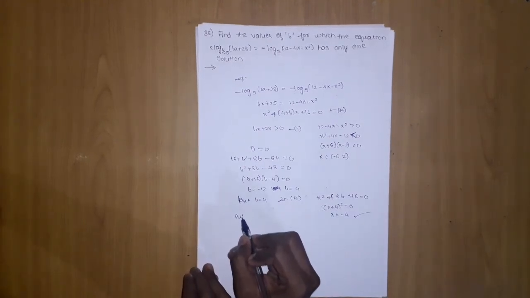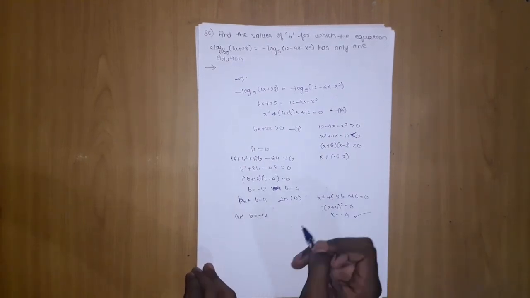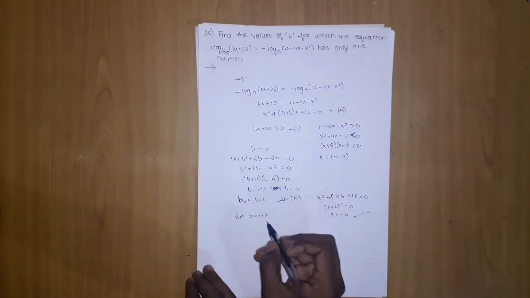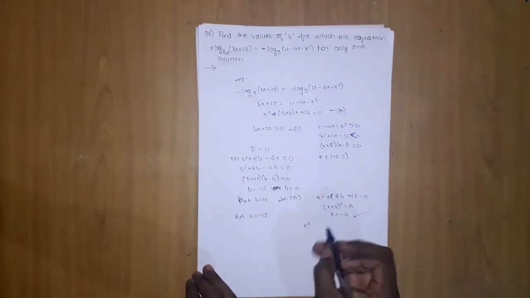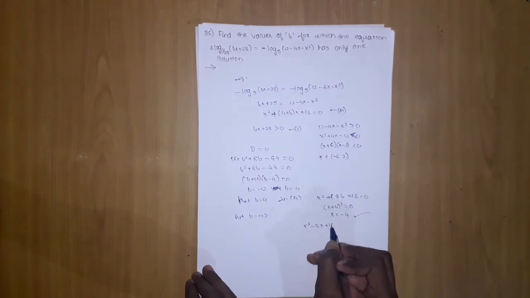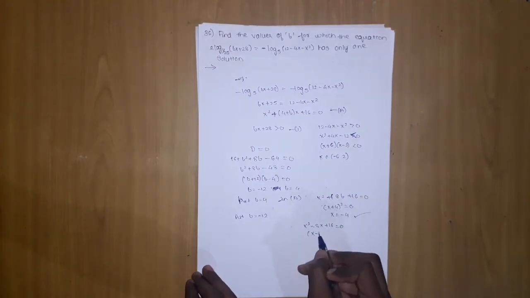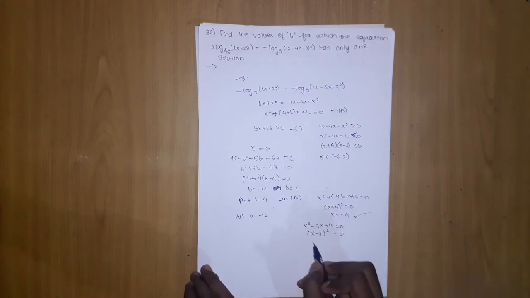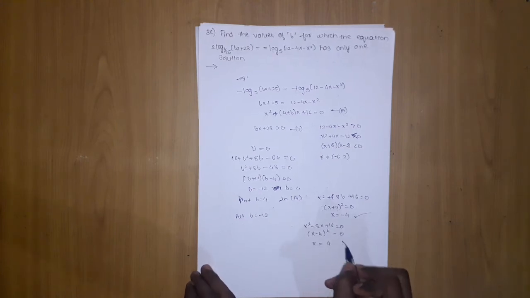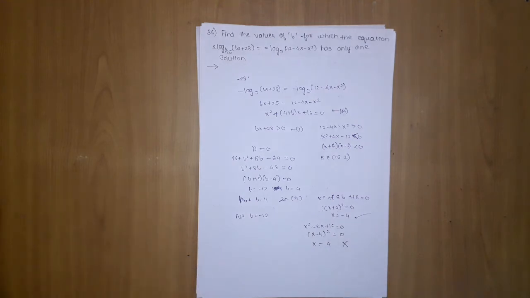Let's put b equals minus 12. We don't know the b value. When I put it, what I get from here is x square minus 8x plus 16 equal to 0, which will again form a perfect square, but in terms of x minus 4. And now we will get x is equal to 4, which does not belong to the range, x belongs to minus 6 to 2. So this value will be rejected.